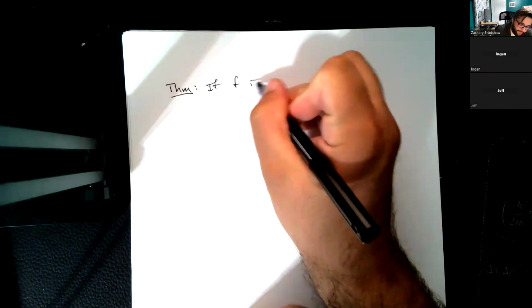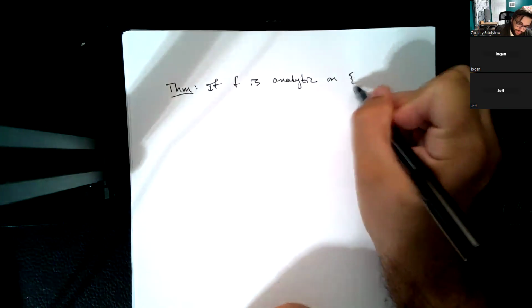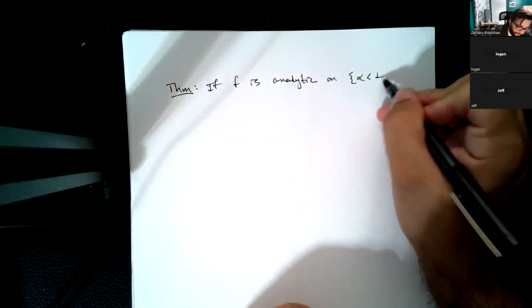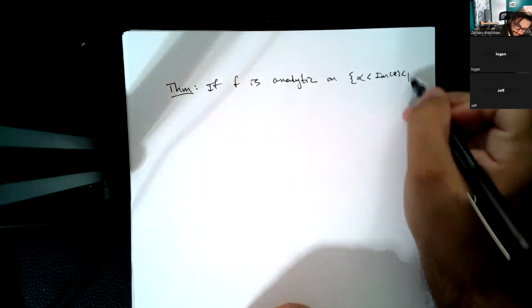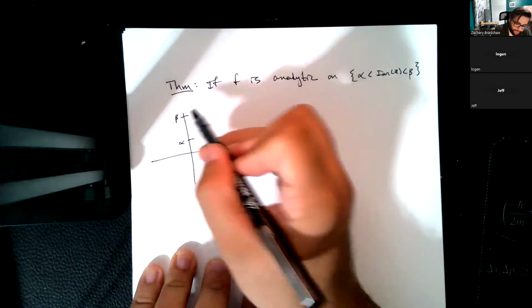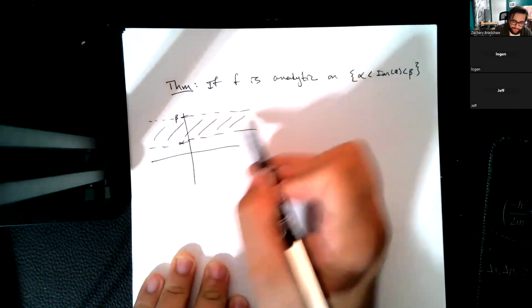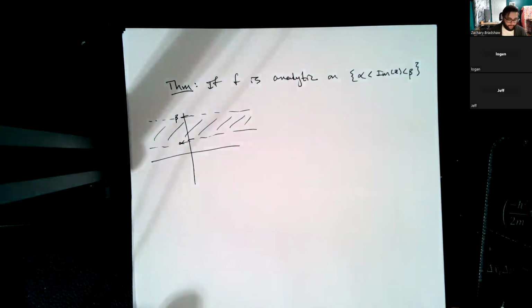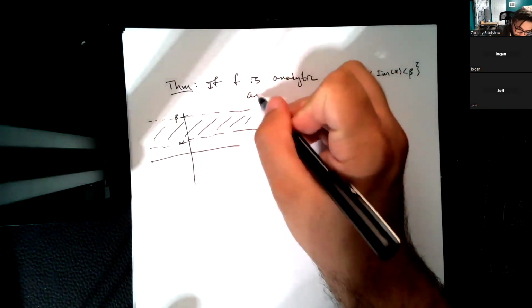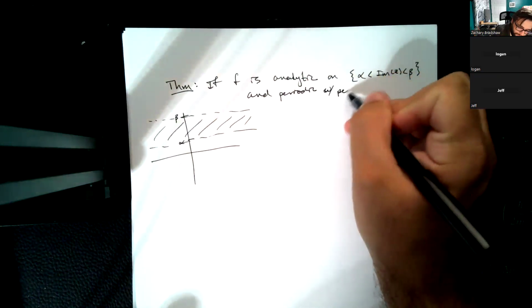So we come to our first theorem. If f is analytic on the horizontal strip, alpha less than the imaginary part of z less than beta, so that looks like here's alpha, here's beta, it's this horizontal strip between these horizontal lines, and let's assume it's periodic with period 1,